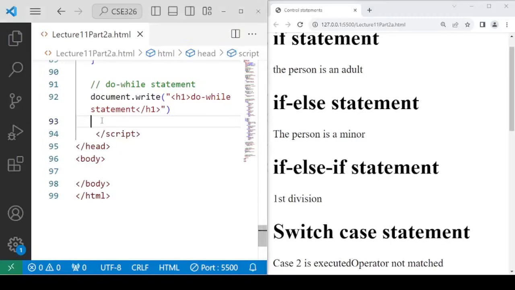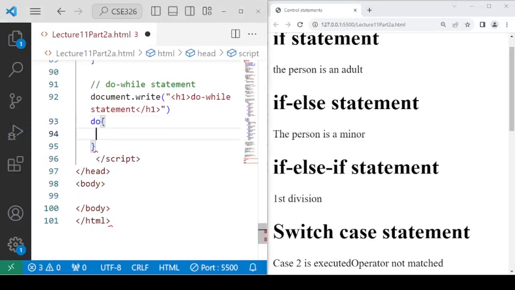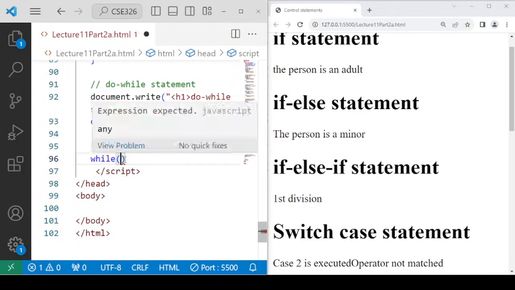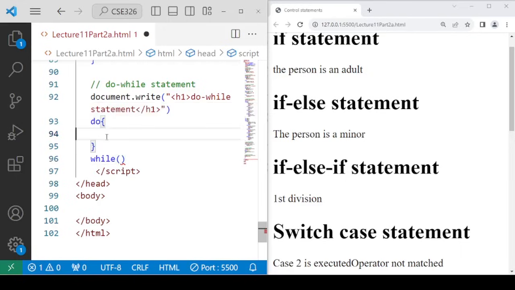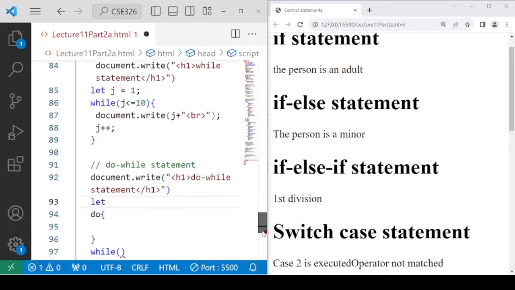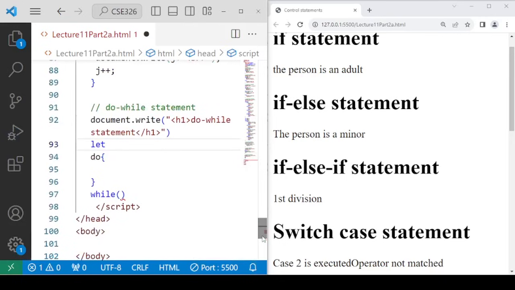Let's write do and then while. So till the condition gets satisfied, the statement will keep executing. That is, the do part will keep executing. So first of all, let's declare the variable. I and j are already declared, so we can take any other variable. Let's say s equals 1, whose value is 1, and it will keep